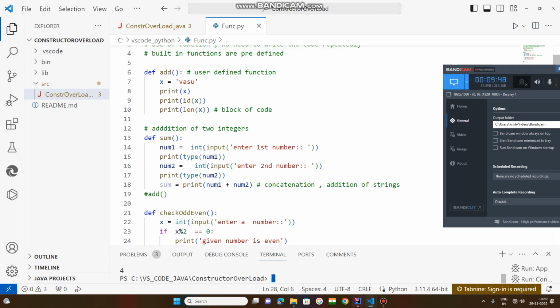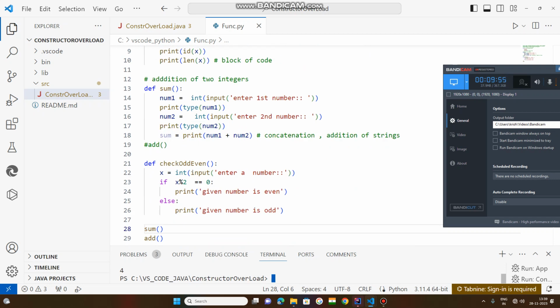So you need to do what: this is written under the add function, this is written under the sum function, you call the sum function, you call this check